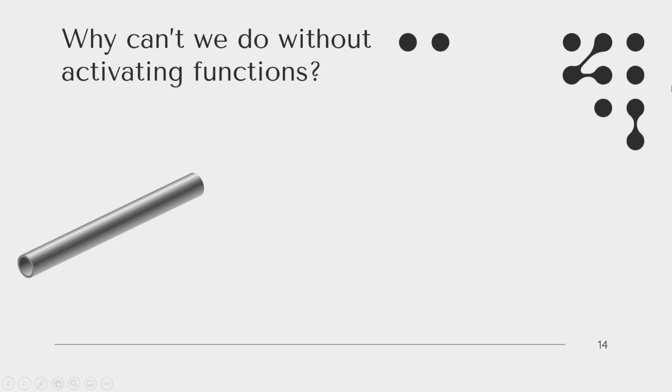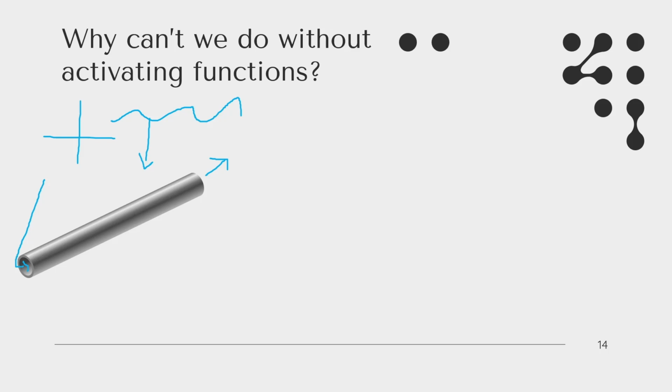Let's consider our neural network to be a steel pipe. In a steel pipe, if we put water in it, we will get the same water as output. This is not bad, but this sometimes does not work. If we want to put our water in different places, we cannot move the pipe because it is rigid. No matter how many layers we put in front of this, how many pipes we lay out, the answer will